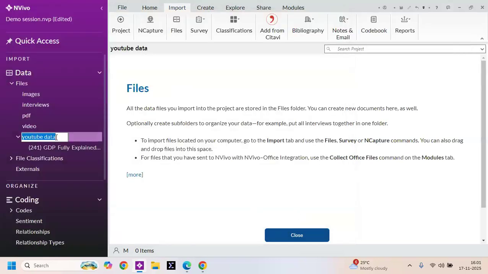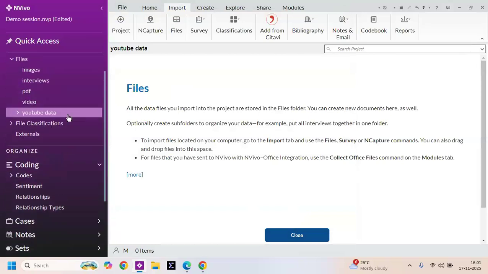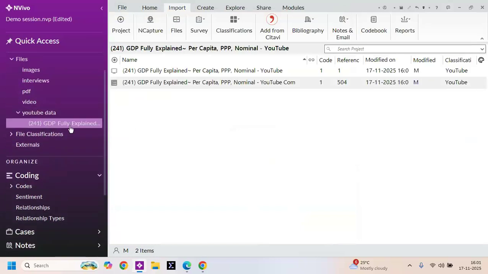If you click on that, you can see there are two data imported. First one is for video file, and the second one is for comment section. Suppose there are 504 comments under this YouTube video. If I want to run sentiment analysis on that comment section, what I have to do is